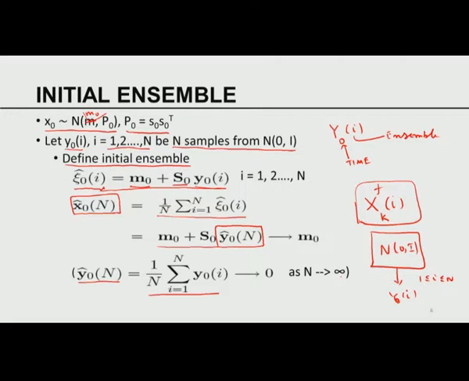So what is the first thing we require for creating an ensemble? I first need to have a very good random number generator to generate capital N samples of random vectors from the standard normal distribution. Once I have this, I can do this. Now what is involved in here? I have to do a matrix vector multiplication, then I have to do a vector addition, and I have to repeat this N times, and that relates to the total cost of computing the initial ensemble.